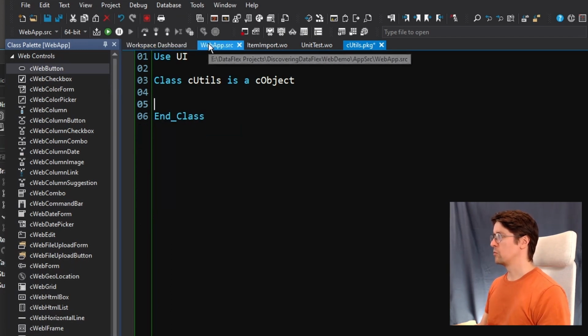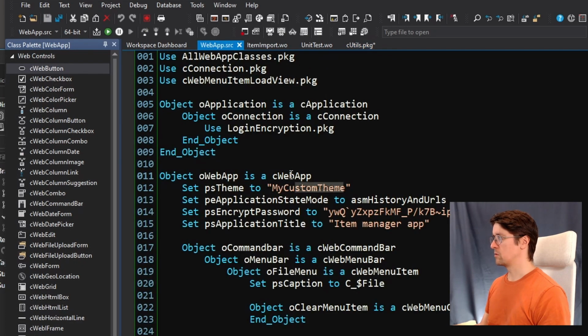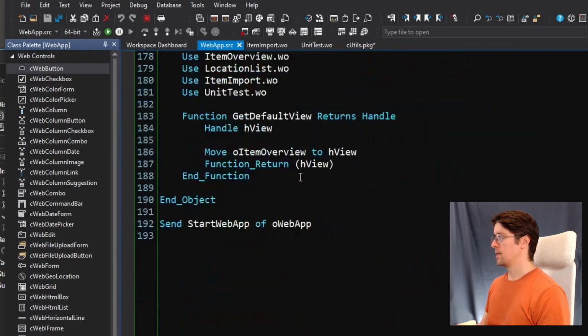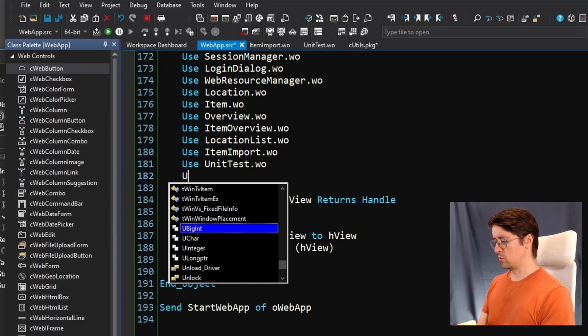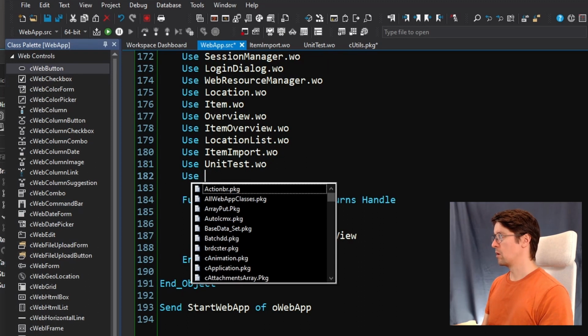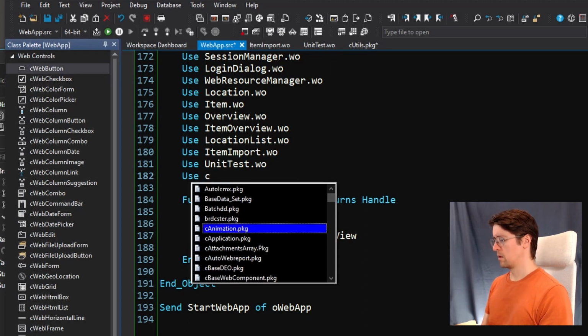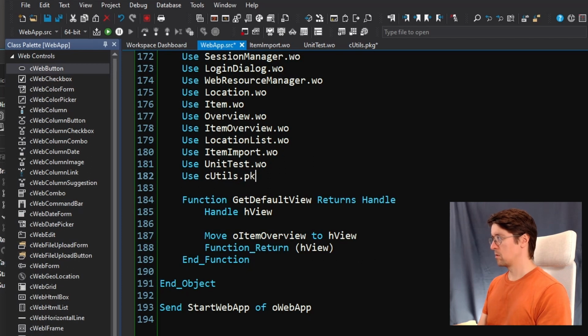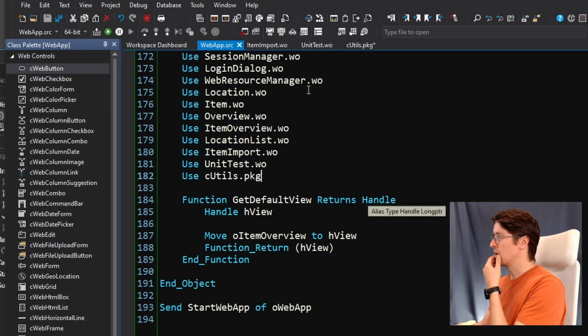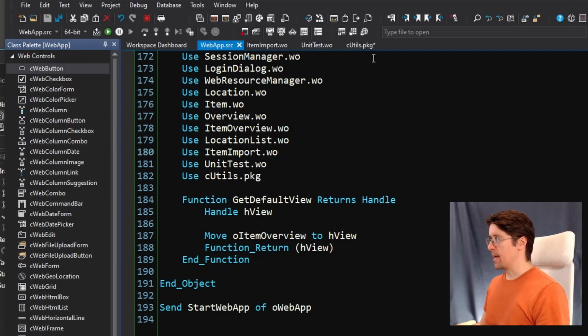We want to go into our web app source. Double click here, we get to the web app source. And here we want to use CUtils dot pkg. And